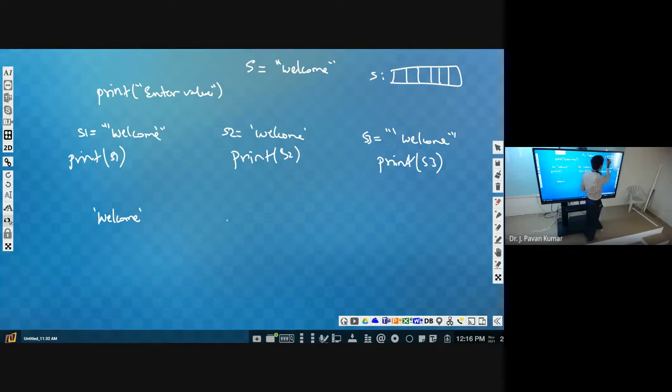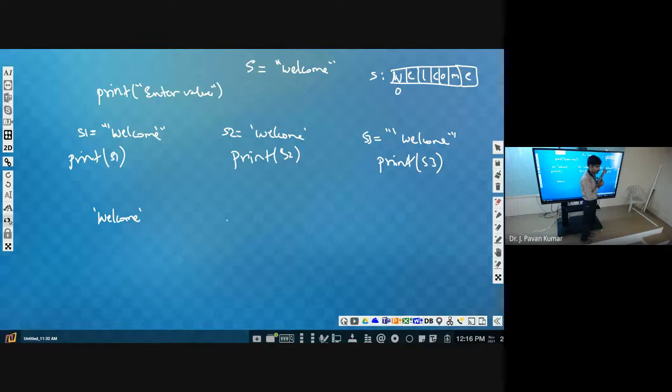So first w will be stored, e, l, c, o, m, e, like this. In each cell one character will be stored. And how we can identify each cell is by using the index. Like, what is the fourth character? C. Like that we are able to identify by using the index. Understand? So the index starts from 0.